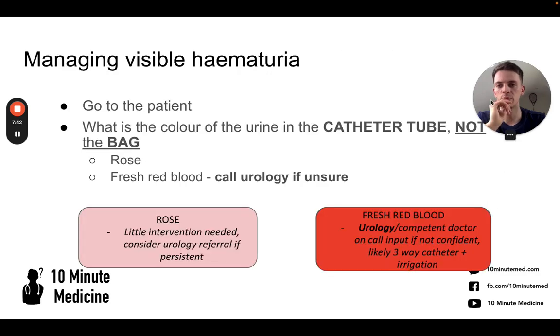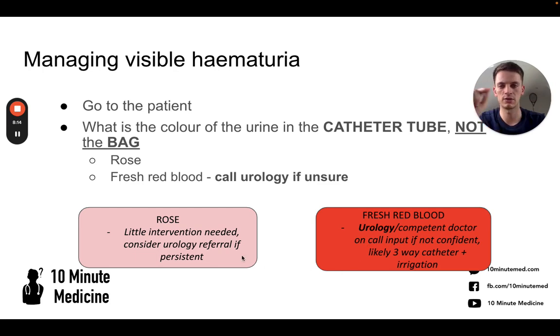So managing visible haematuria, you need to go to the patient and assess the colour of the urine, and what you're looking for is the colour of the urine in the tube and not the bag. Nurses will often say there's sediment in the catheter. What they usually mean is there's sediment in the bag, and a lot of the time there is anyway with anyone's urine, because that's where the urine collects and the bits coagulate. So you need to look at what's draining directly from the catheter tube,